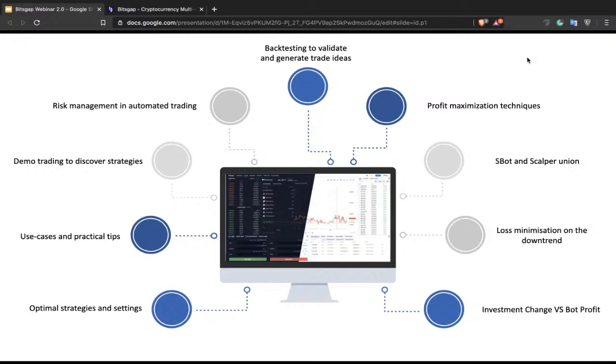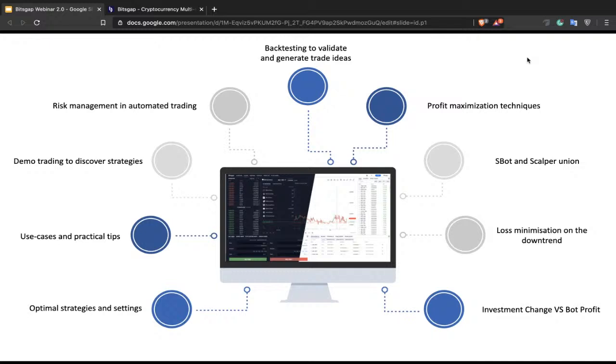I will introduce to you the SBot and Scalper today. It's not right to say that they are quite new, but they are relatively new. It's been 2 months, I guess, since the launch, and we are about to unite the SBot and the Scalper, so you will have a brand new one